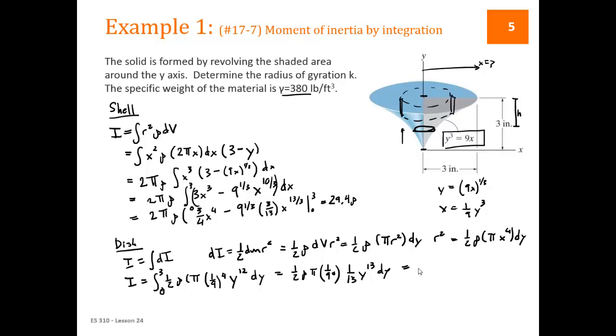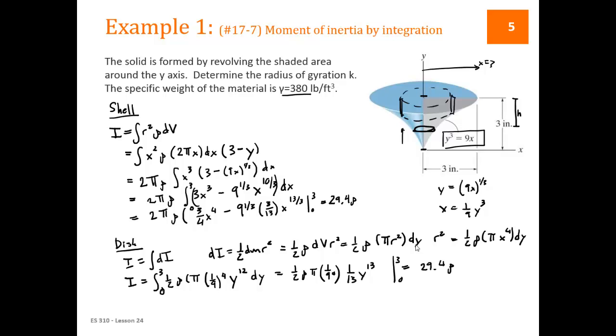And plugging in 3, so this is evaluated from 0 to 3. There isn't actually a dy there because we've taken the integral. And we get 29.4 rho. So same as we got before. So two methods of doing the same thing. The more of these problems that you work, the better you get at figuring out which method is the easiest